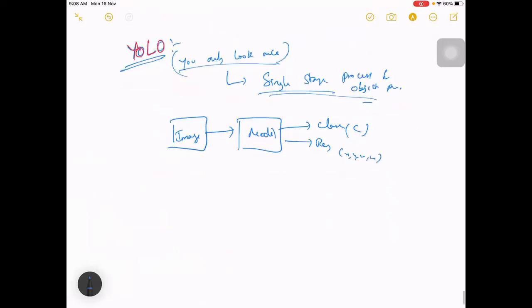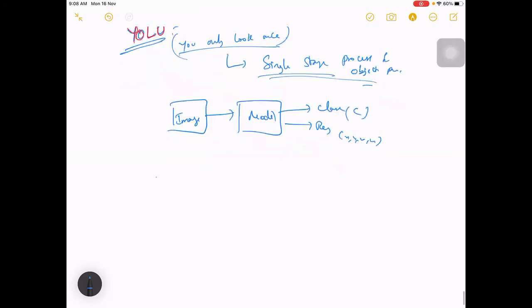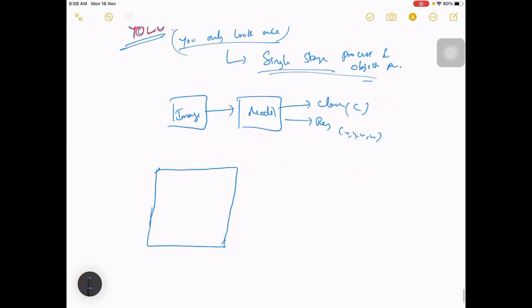For that, let's say you take an image. You can get a feel of a sliding window approach here, but it's not that way. You split it into some grids. Here we did 4. Let me increase it.